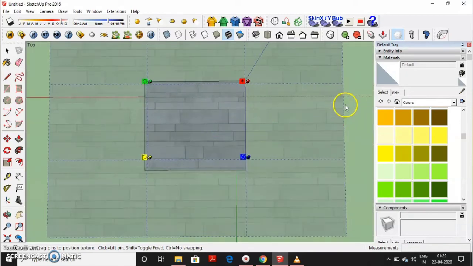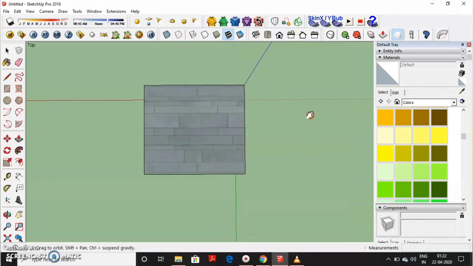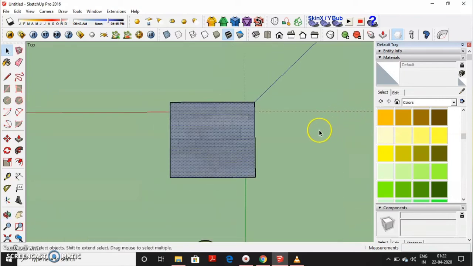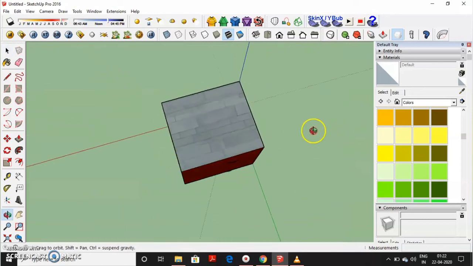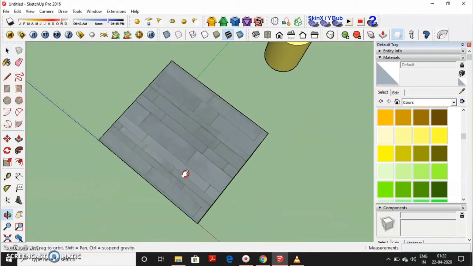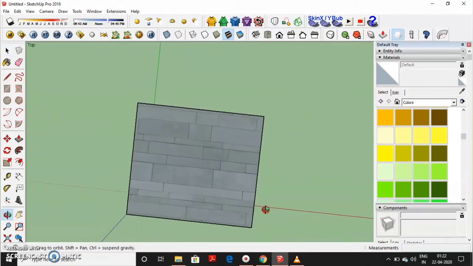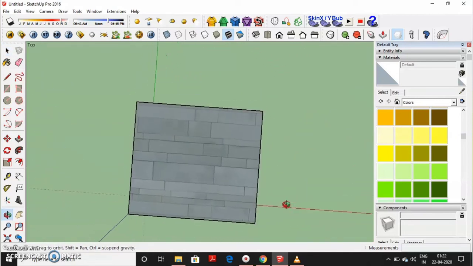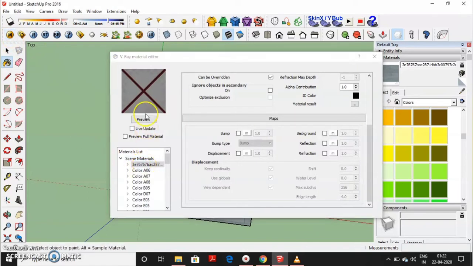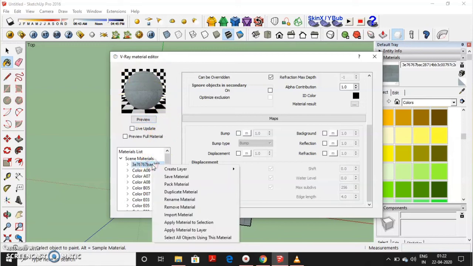So this way, when you are satisfied with the texture, click to finish. And this way, you will reposition and reconfigure your material. So this way, I can import any material, and also I can provide any property to this material. See the preview. This is the default preview that I get.